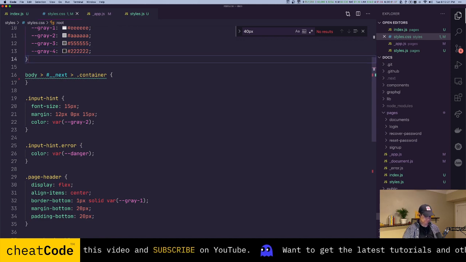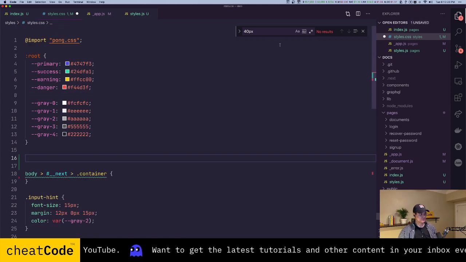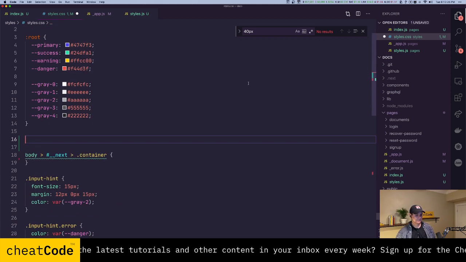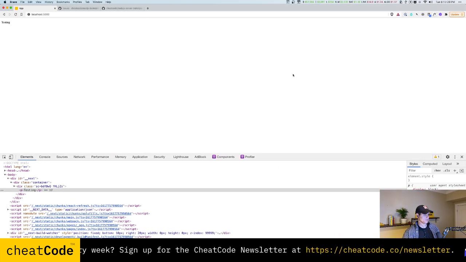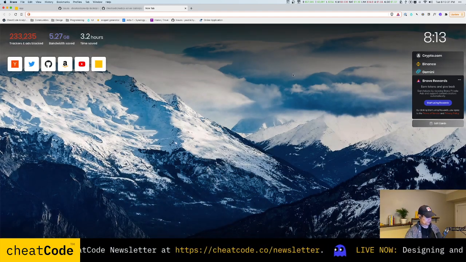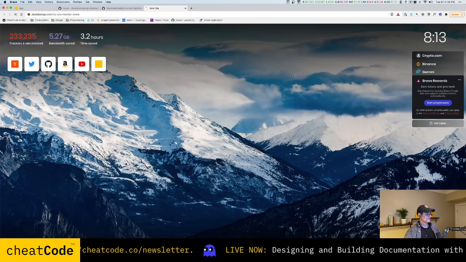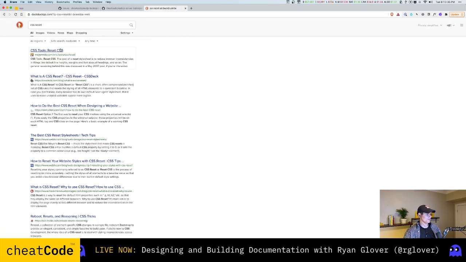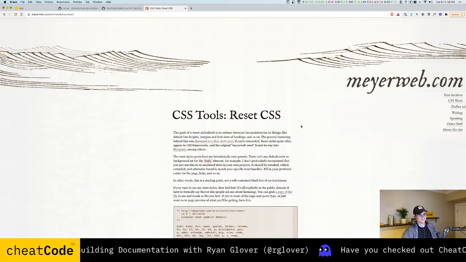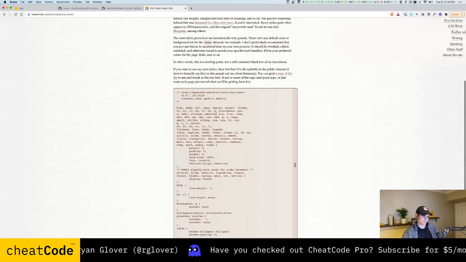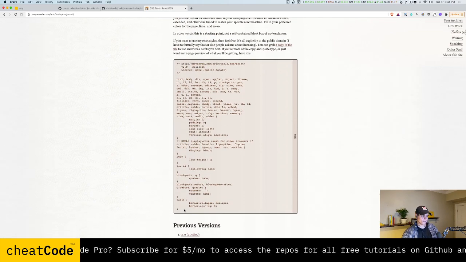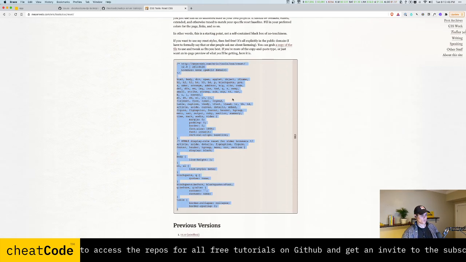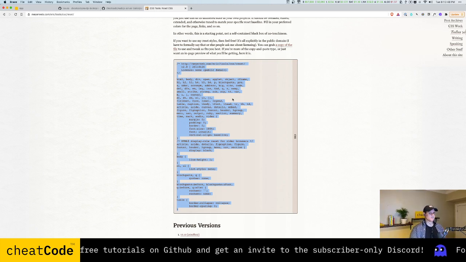So when I'm doing a from scratch design, so I'm not using a framework, one of the things that I'll do, and there's a few different of these, but since I'm old, I use this Eric Meyer reset, and that was kind of mean to Eric Meyer, because this is brilliant. I forget when this came out. So this one's dated 2011, but this CSS reset, which is just like a bunch of base CSS styles for